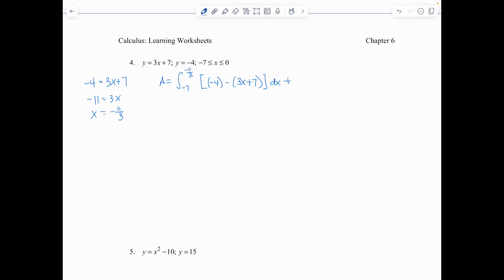dx plus the integral from negative 11 over 3 to 0 of 3x plus 7 minus negative 4 dx. Simplifying, we'll have negative 7 to negative 11 over 3 of negative 3x minus 11 dx plus the integral from negative 11 over 3 to 0 of 3x plus 11 dx. If we take our antiderivatives, the first one will have negative 3x squared over 2 minus 11x, and we're evaluating